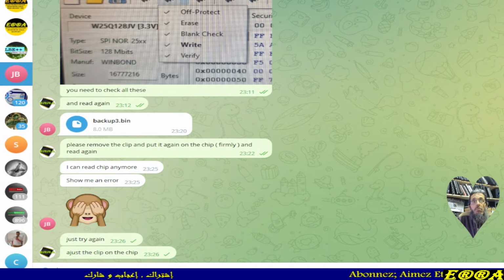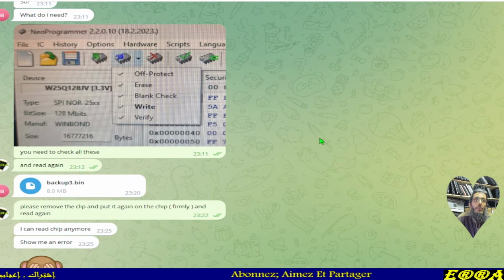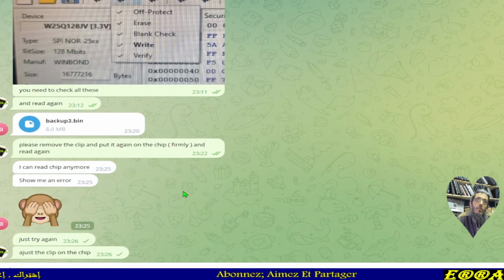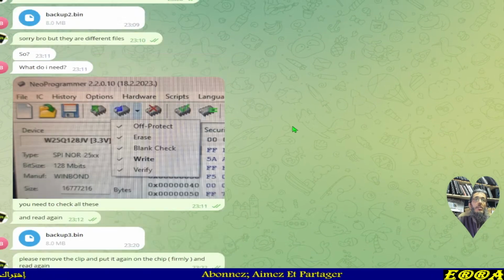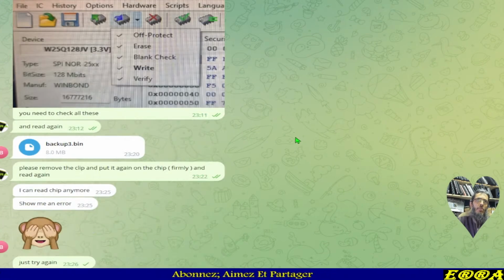So you have used it for the first time, so we have used it another time. I warned you about the fact, but that happens with the clip. Not the clip, so it's the problem of 3.3 volts.